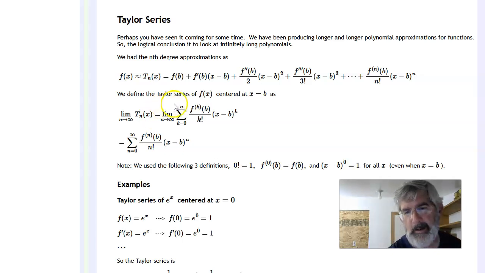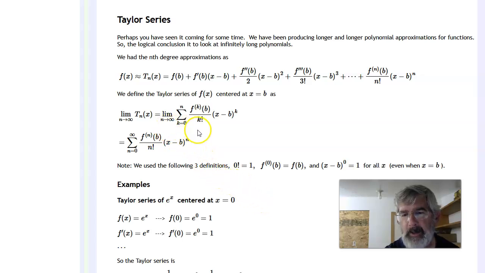So it's not always true that Taylor polynomials will converge to the function that you started with, but it is quite often true, and so we will be looking at what we can do when it is, and how we can predict when it's going to work and when it's not going to work. Okay, so